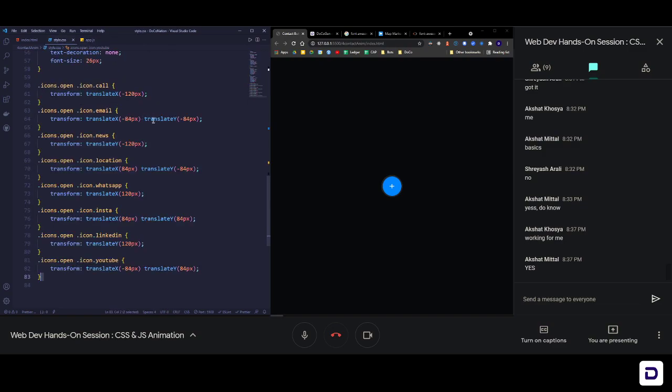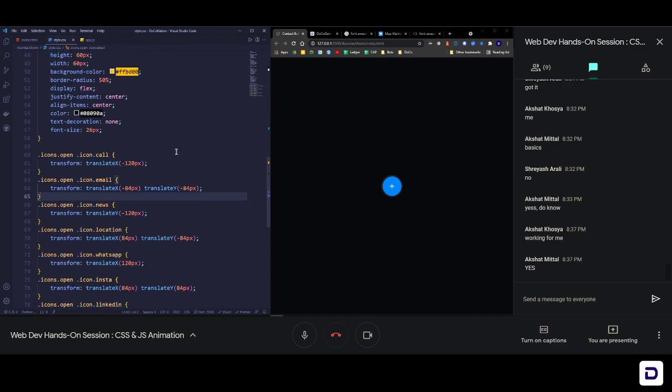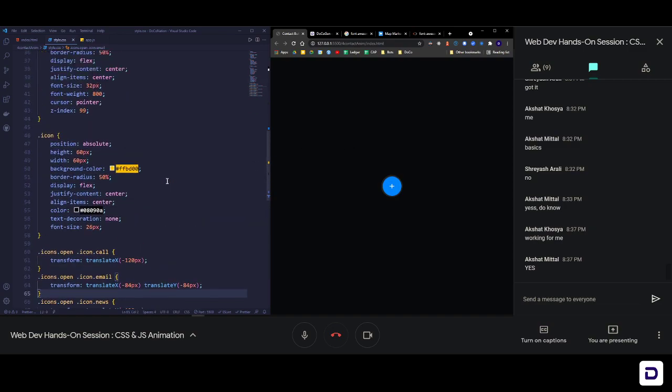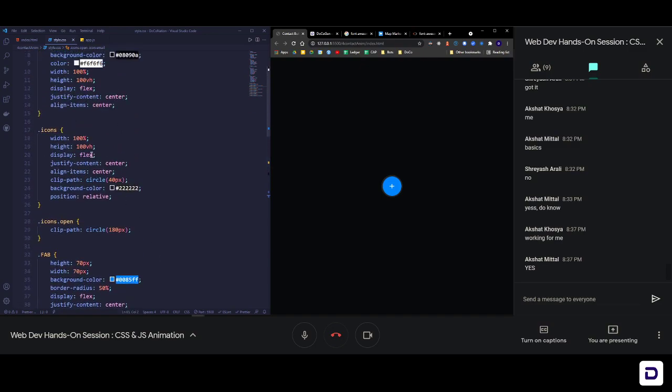So I'm gonna go to style.css, and here all I need to do is that all of this is happening at once. So we need to have some kind of delay, that in this many seconds this should happen. For that, we'll go back to icons, because this is something which is changing. Whatever is changing, you need to grab the parent of those. So this is the parent, and this is what is changing, right? The clip path is changing. So this is the parent, this is the main element.